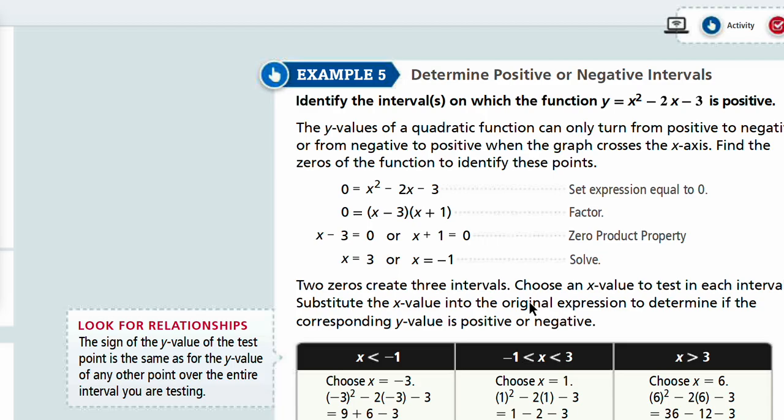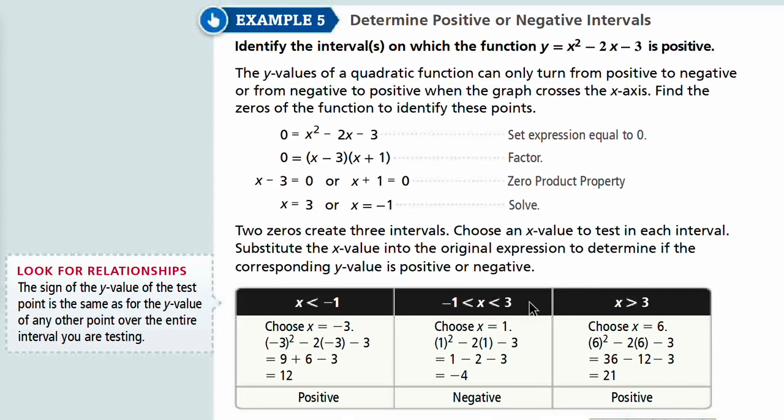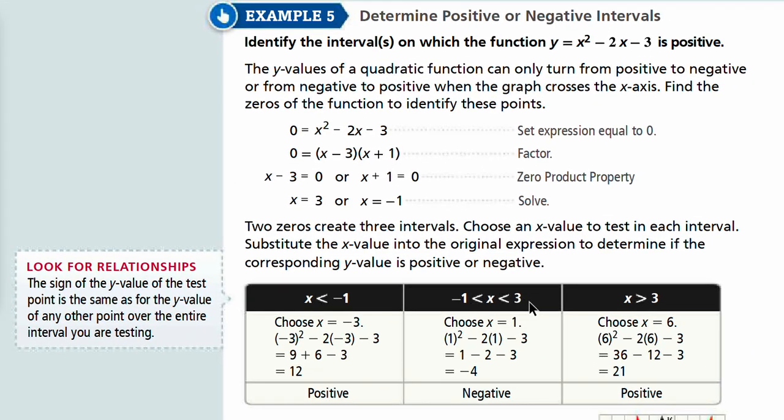Hi, welcome to Algebra 2, Lesson 2-3, Example 5, Determining Positive or Negative Intervals. In Example 5, we're going to look at positive and negative intervals. So, we're going to identify intervals on which the function y equals x squared minus 2x minus 3 is positive,